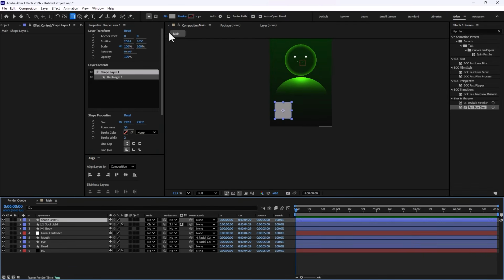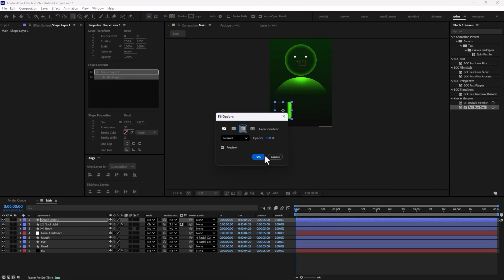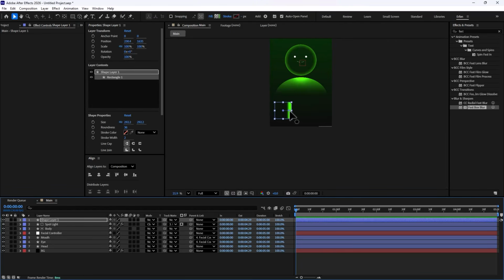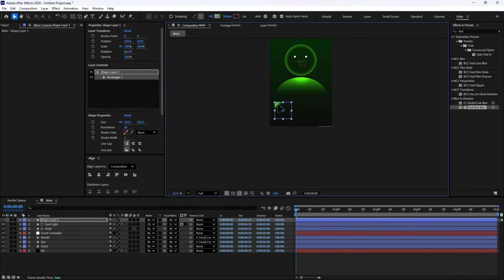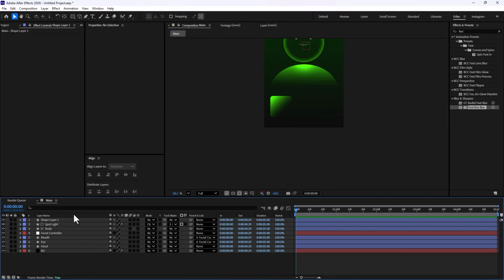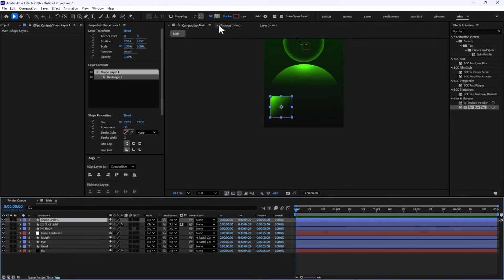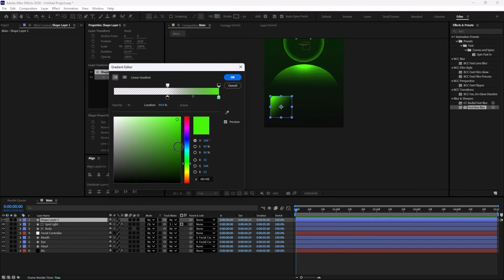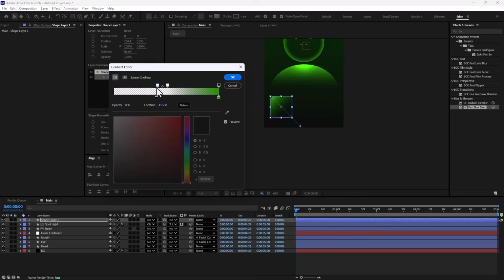Now we're going to switch into the linear gradient one more time. As I have mentioned, the lighter shade should be on top, which reflects the lighting. And then we're going to bring the rest down. So this is going to be the color that we have in here. Now, in order to make it better, I'm going to make it a bit darker, and push it a bit down like so.